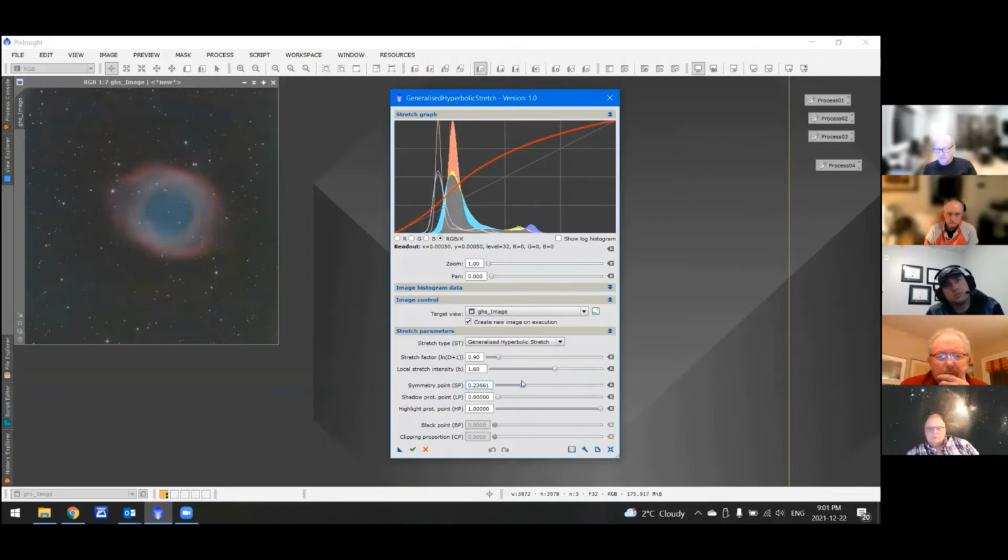And let's just talk a little bit about the last two for a second and let you know how those work. So you see there's a highlight protection point, and that really has two purposes. One, it does what it says. It protects your highlight. And it does that by stealing contrast away from the rest of the image. So if it starts at 1, if you move it slightly to the left, Which one is that? The bottom one, the highlight protection point. Okay, yeah. Start to move that slightly to the left gradually,